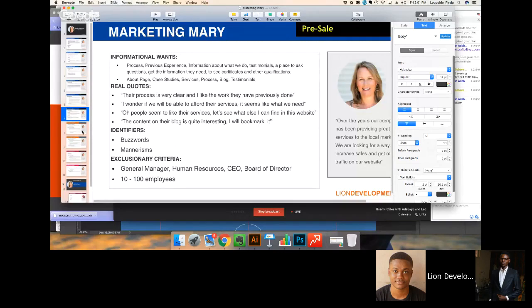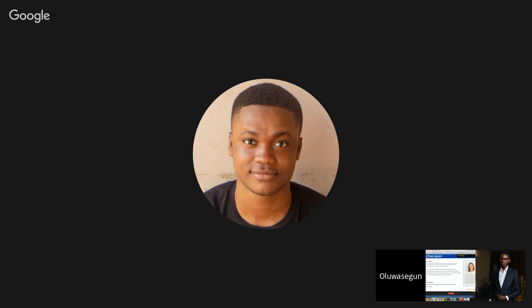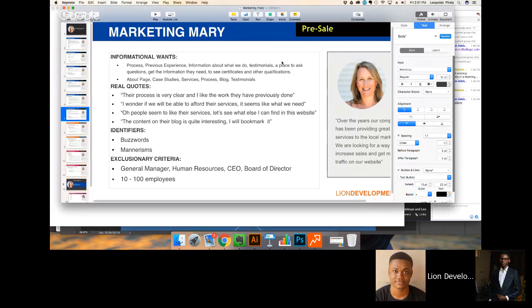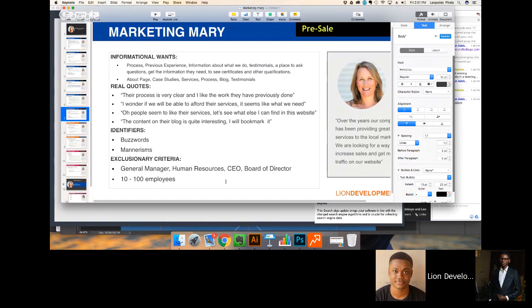Okay, so this exclusionary criteria is basically the personal group, right? What if she's not just a marketing person alone? She can be a board of director or CEO, but the essence is for her to have some sort of idea in marketing. Sorry, I'm opening this Excel. So as you said, you're right. It's just in case it might be another person, but the idea is that you're working with a marketing person.